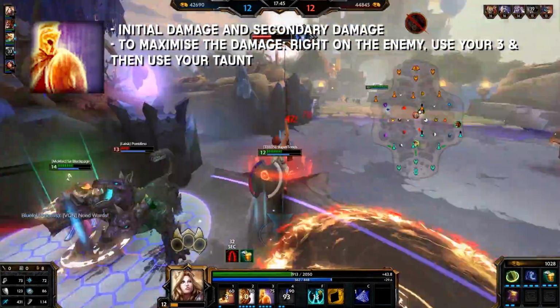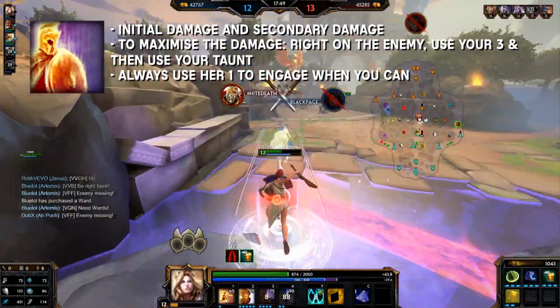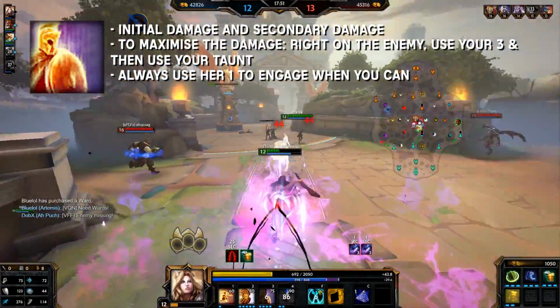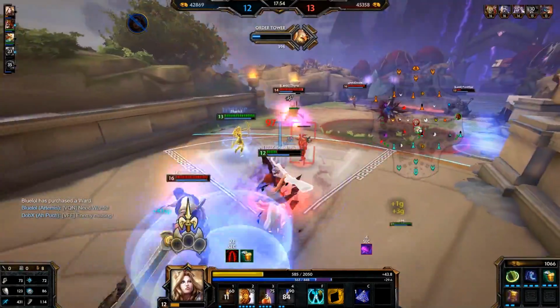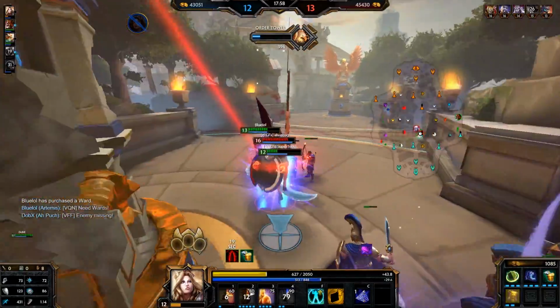With her 1, her dash, a majority of the time you want to use this to engage. It slows the enemy and helps the setup. Now I know this sounds like a lot, but I'm telling you this so you can maximize Athena's full potential. You do not have to follow these extras as Athena is still very useful with just the basic and baseline